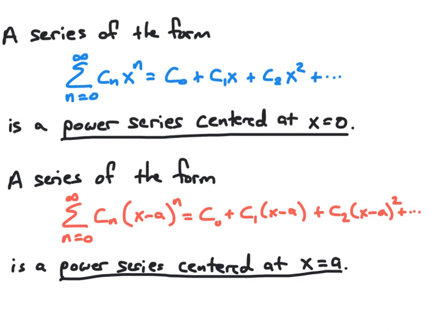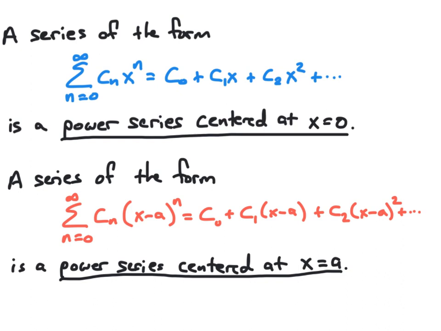Alternatively, we have a series of the form sum n equal to 0 to infinity of c sub n times the quantity x minus a raised to the nth power. And we're going to refer to this as a power series centered at x equal to a. So here, each of the c's will represent real numbers, just like in the power series centered at 0. x will be our variable for our power series, and a is another constant, in this case the center